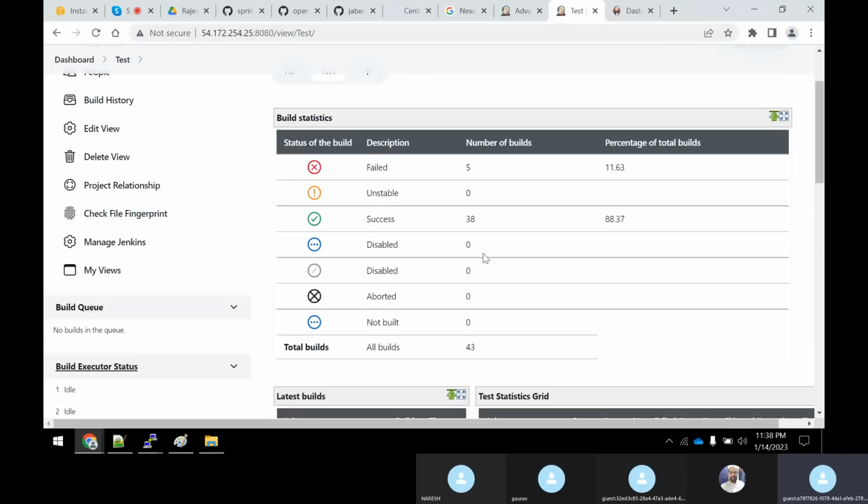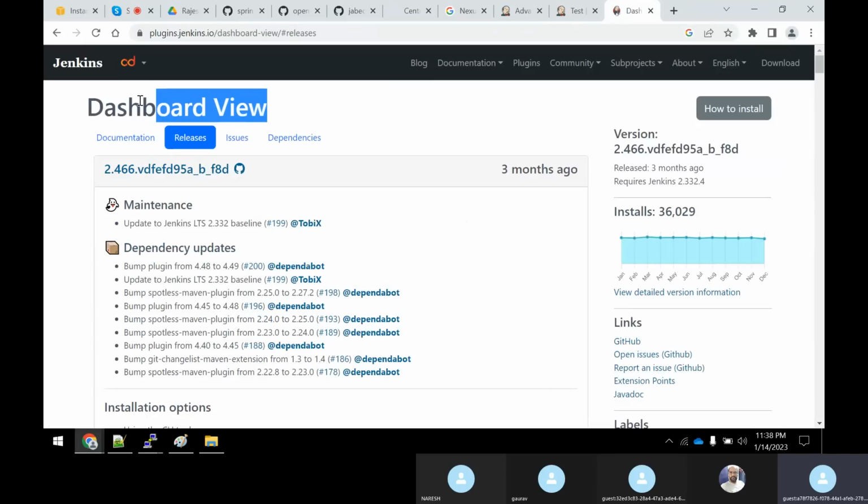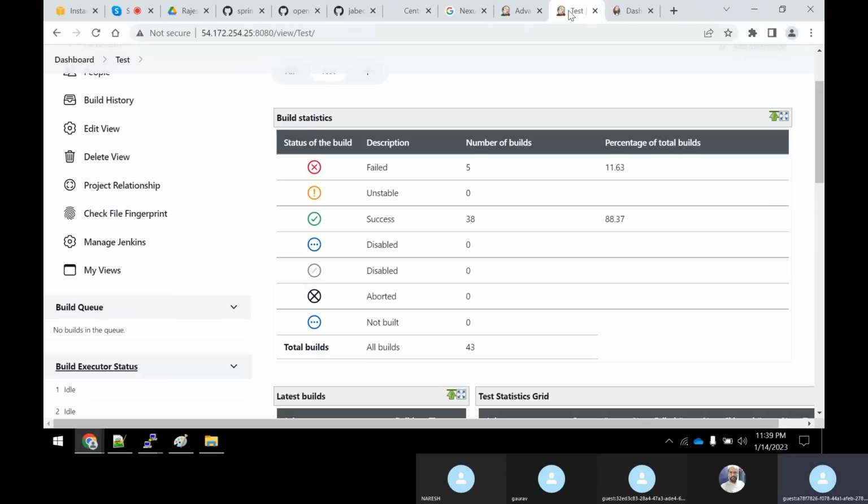So how are you getting this? Because of the dashboard view plugin which we installed. So in that way, guys, you will be installing many plugins in our upcoming classes, according to the user's requirement, right? We will try to install that plugin and he will make use of that plugin. Clear? Am I clear, sir? Till here? Yes, sir. It's clear.